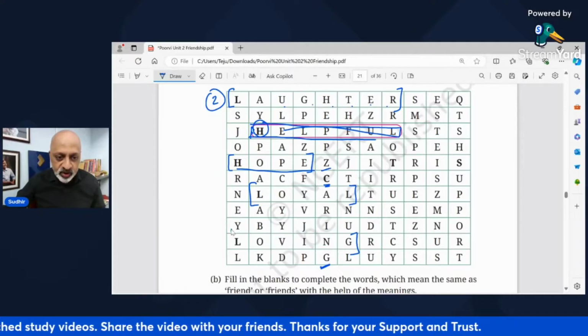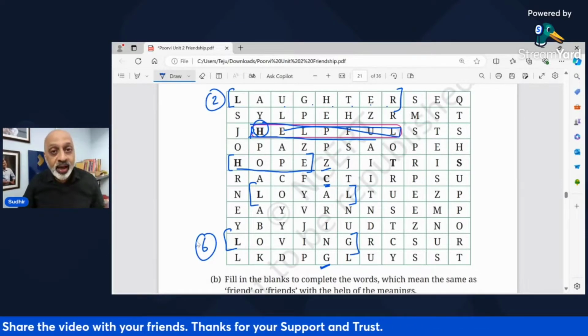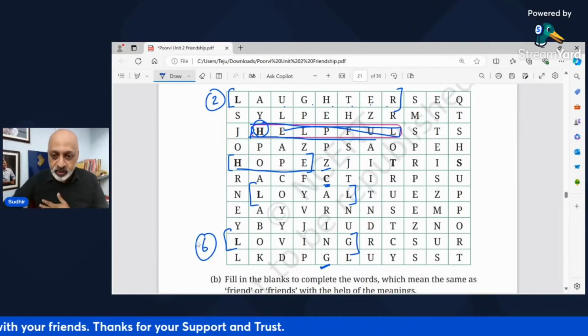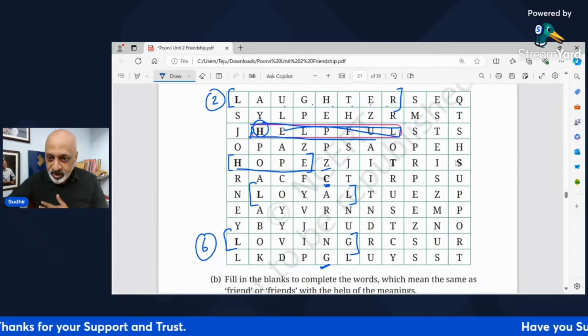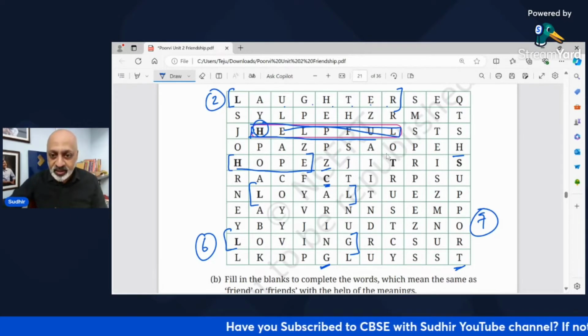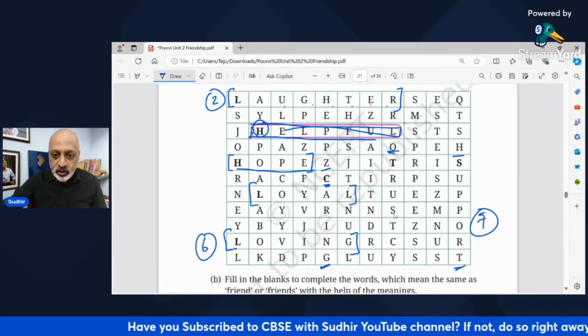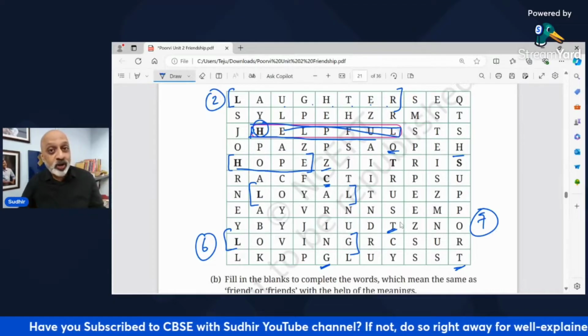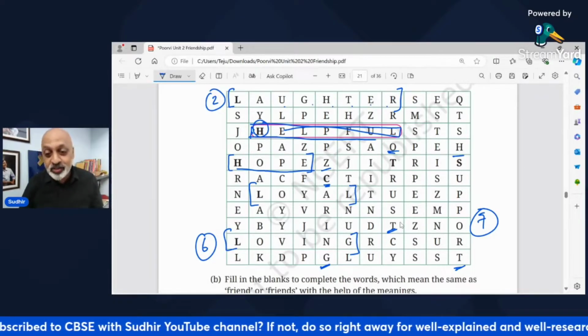L-O-V-I-N-G. This is word number 6. Loving. Then we have S-U-P-P-O-R-T, support, which is word number 7. And then there is word number 8, T-R-U-S-T, trust, which is what we talk about even at CBSE with Sudhir,